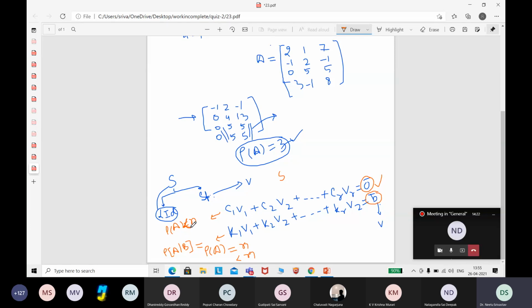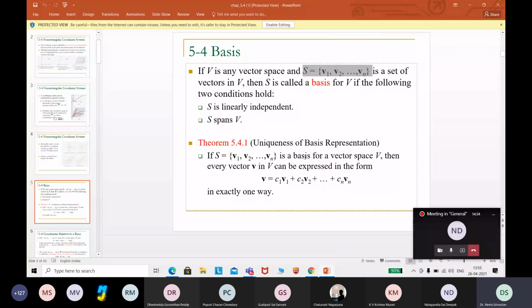We are going to visualize these conditions, how we can club these two conditions into a single condition called determinant. So I will just show you through a question. The first condition is you have a vector space V and S is a basis. You can say that S is a basis only if S is linearly independent and S spans V. So this is a unique representation. Every vector in V can be represented as a linear combination of the S elements.